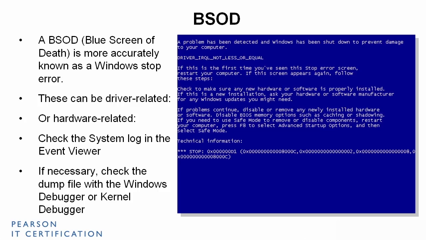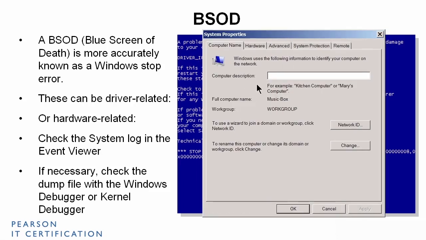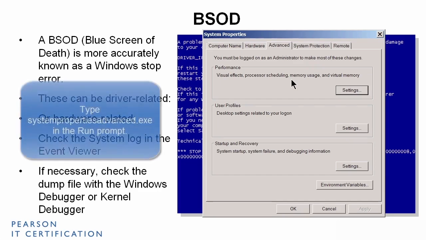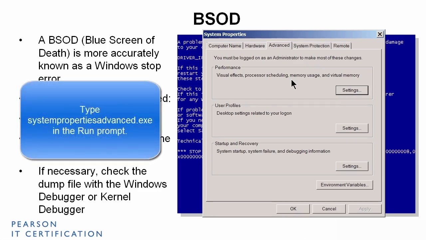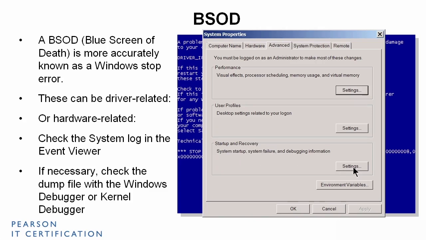But that all assumes that you have a dump file to look at, and that has to be turned on in the system. So that's always something to take a look at when you're looking at systems. And I'm in the system properties window here, which you can get from the system window, or you can type directly from the run prompt. And what you want to go to is the advanced tab. From the run prompt, you can do this automatically. You can type systempropertiesadvanced.exe. That's all one word. And from that advanced tab, you'll go to startup and recovery, go to settings,